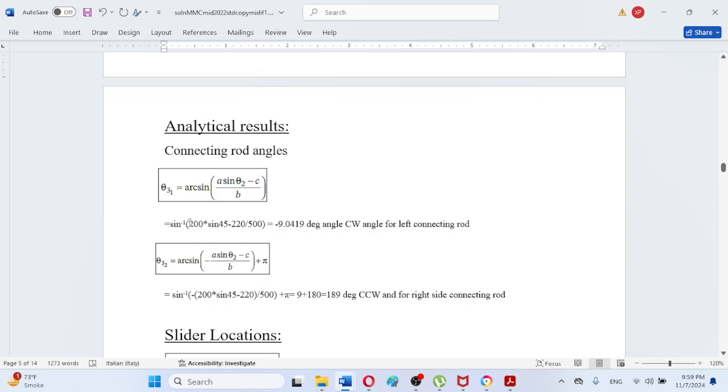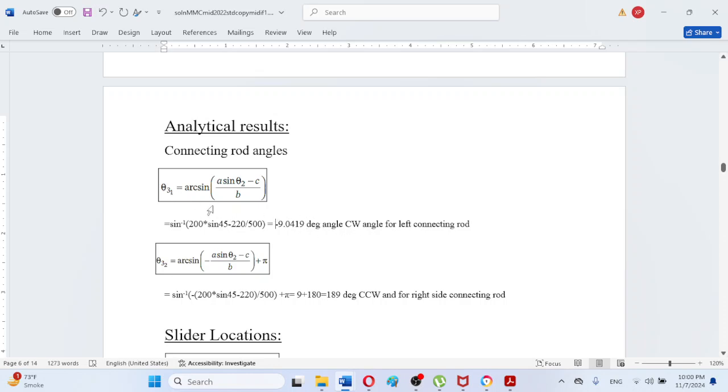So I have just written here, these are not actually written in an exact mathematical style. I have just typed here just to make you understand. So the brackets may have some variation. As we can observe here, the angle is mentioned here, minus 9.0419. So this is the analytical value for the connecting rod angle, and as we can observe here, this angle